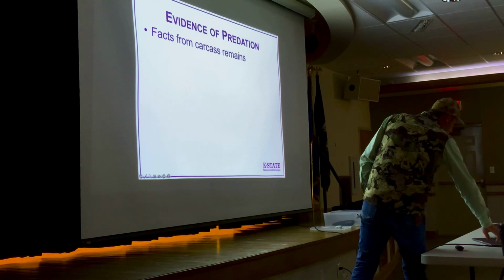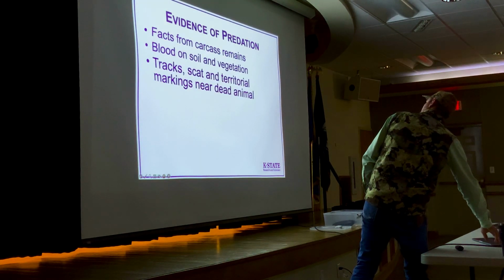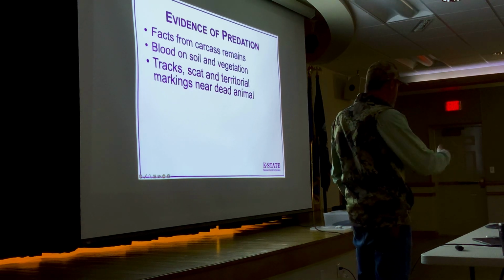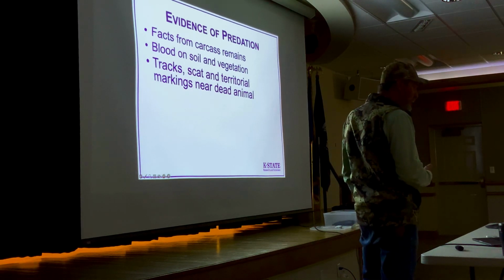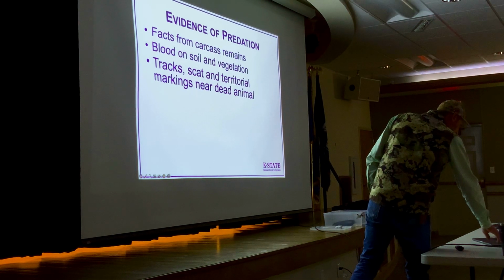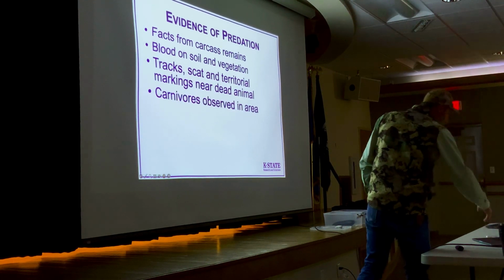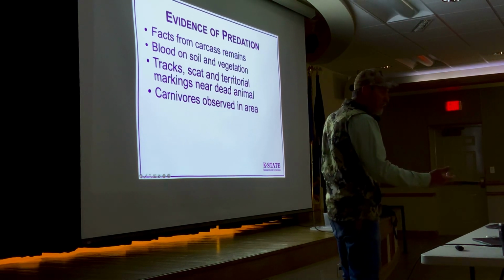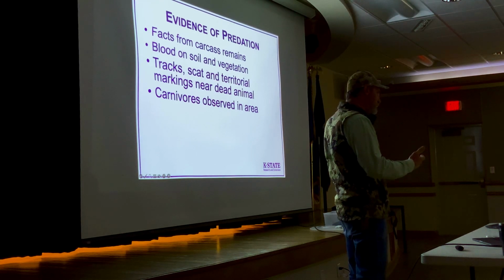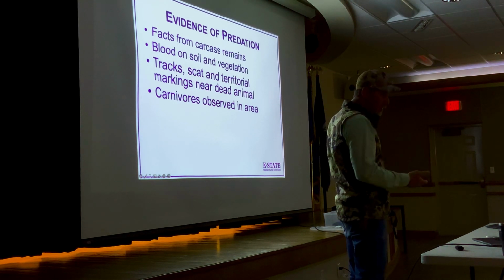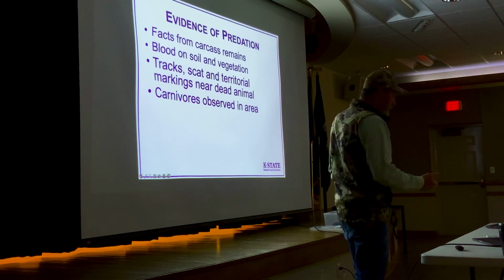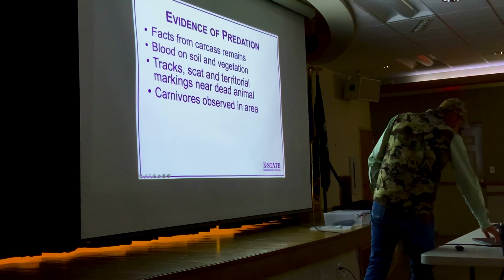How much blood is on the soil or the vegetation? What kind of tracks are around? Do we have tracks of animals that are likely to have been predators, or are they tracks that might only be from scavenging? And that's also going to help us identify the predator, right? We can tell the difference, if we know what we're looking at, between a coyote track and a dog track, or a mountain lion track, or even a wolf track. And so those are things we can look at.